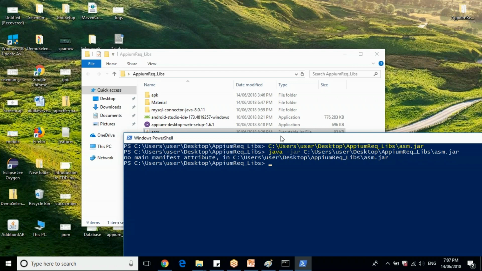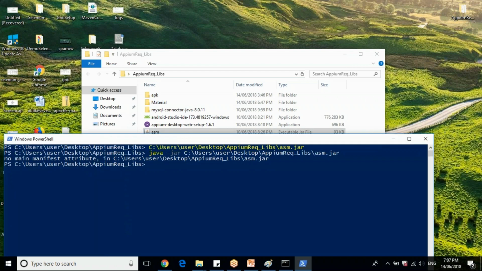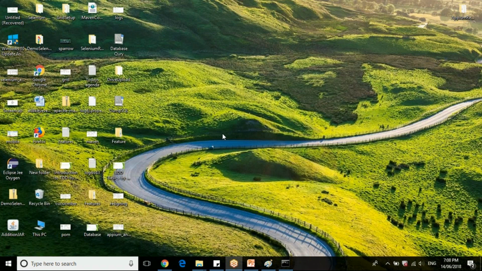ASM jar is nothing but Android screen monitor. So whenever you connect a USB cable, if you want to see the screen of your mobile in the computer, you can download this jar file and you can use it, guys. So let me go for ASM jar file, and in the meantime